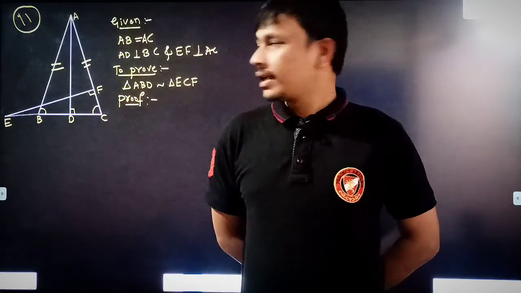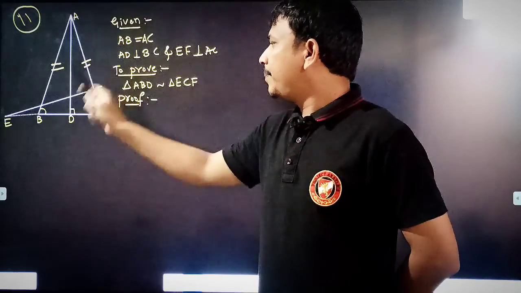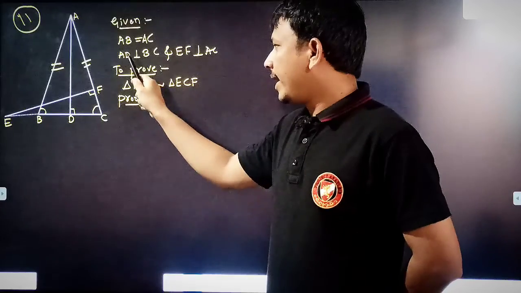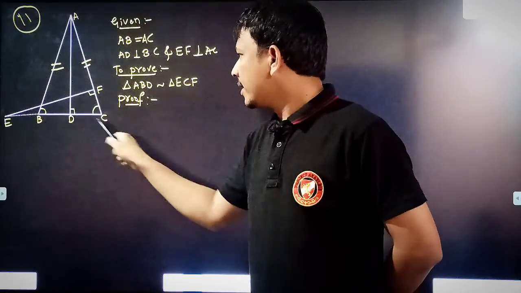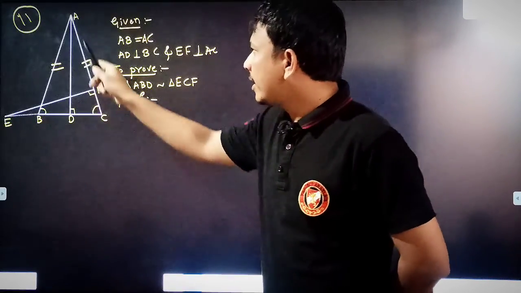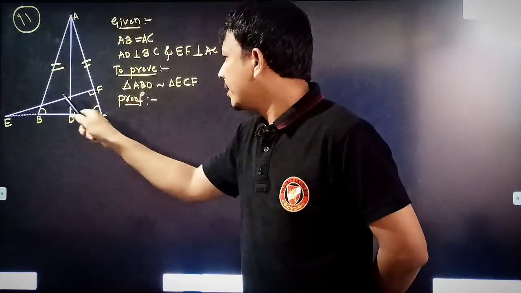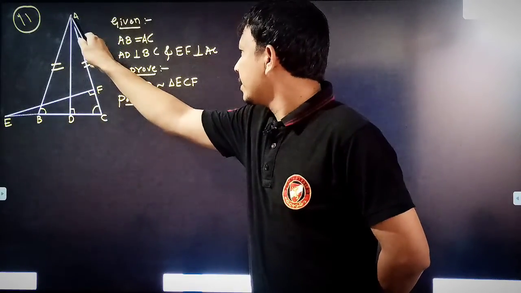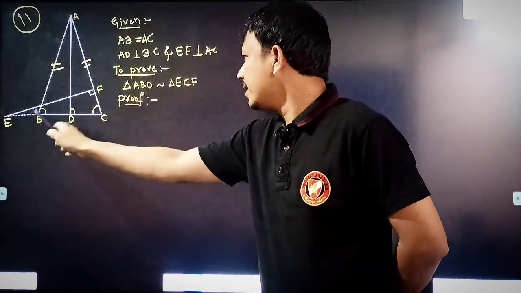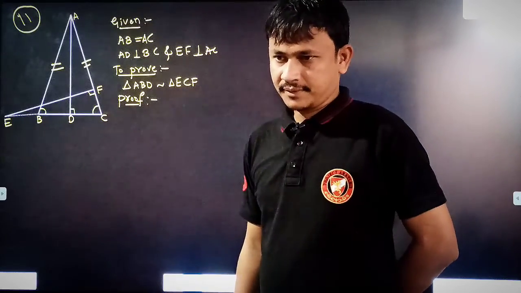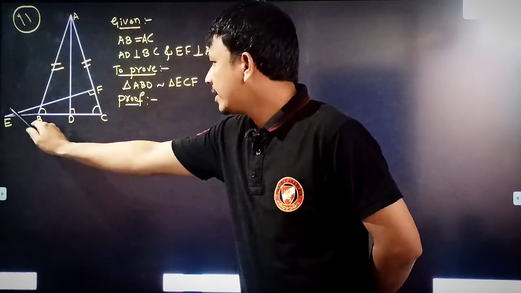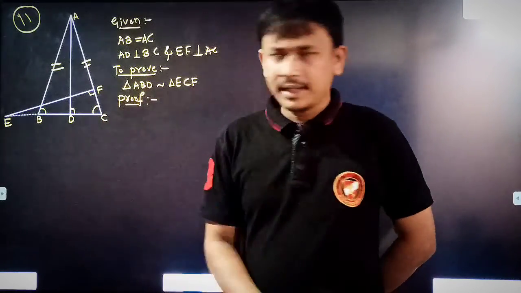11th question. In the given question they have given that ABC is an isosceles triangle and AB is equal to AC, AD is perpendicular to BC, then EF is perpendicular to AC. What we need to prove here? We need to prove that triangle ABD is similar to triangle ECF. Let us consider